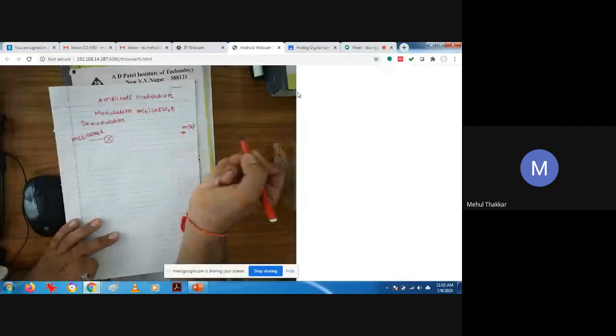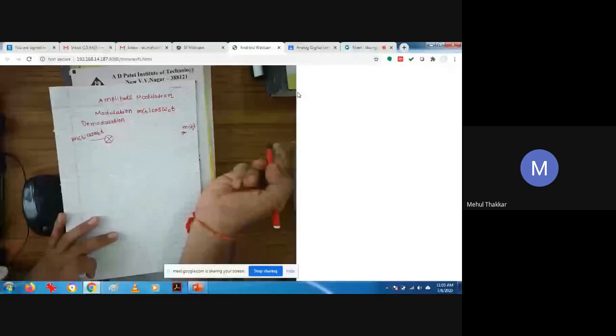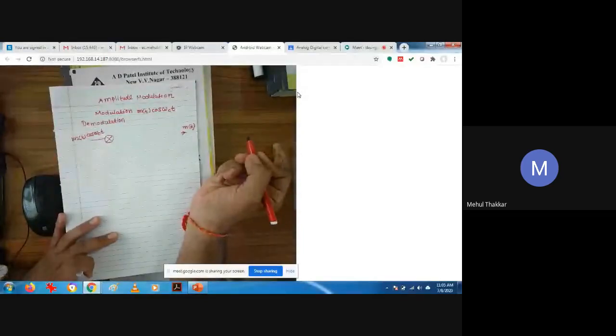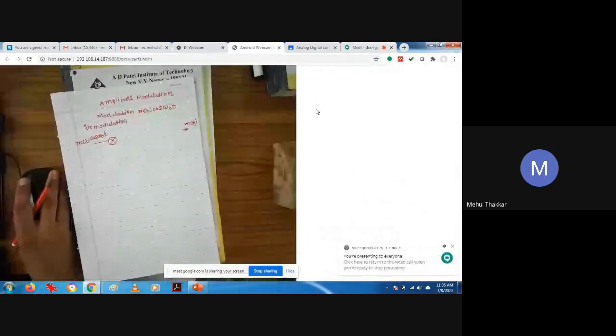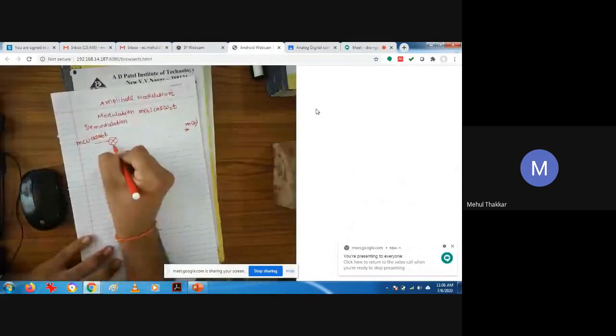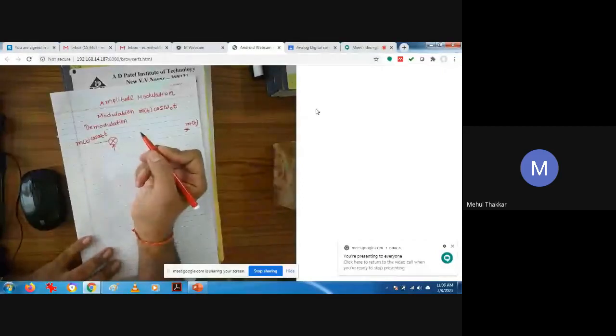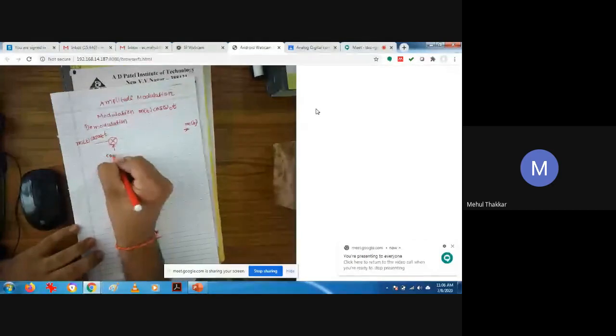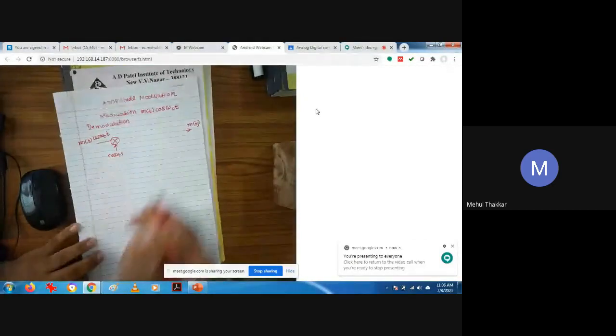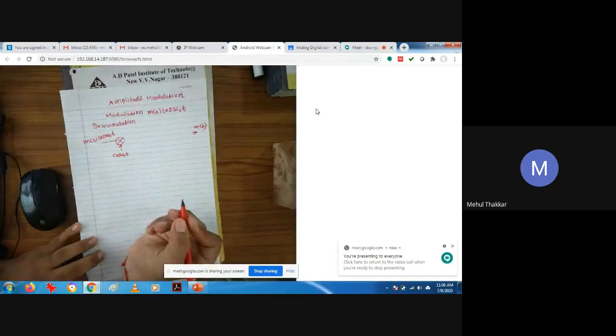Of t. Okay, so now I have to make some system such that I get the output. Okay, that is m of t. Now, what we can do is, this is a very simple modulator which right now I am keeping in front of you, which is using one multiplier. So what we will do is we will multiply it with the carrier wave.